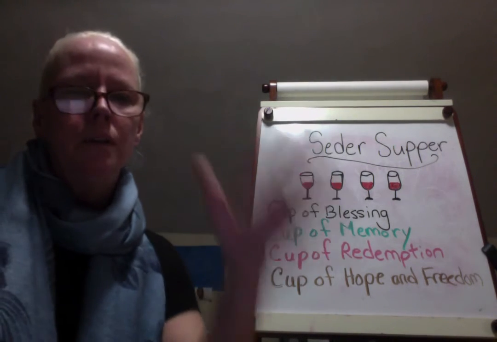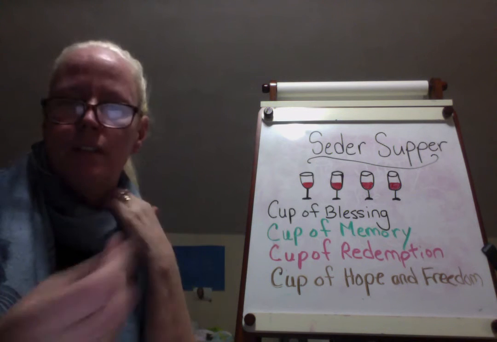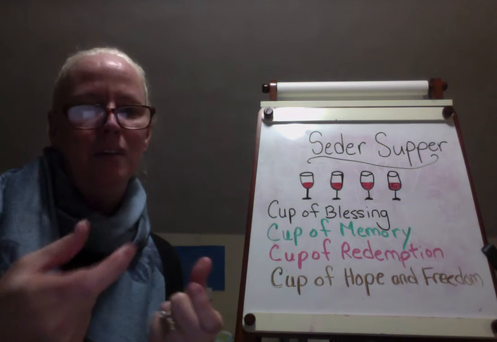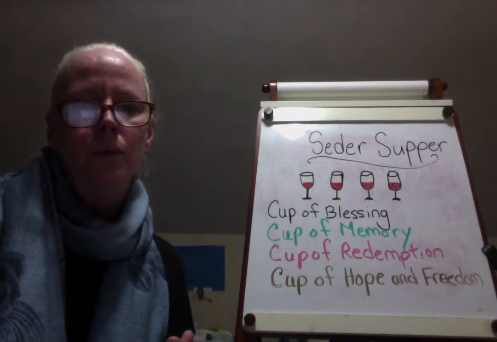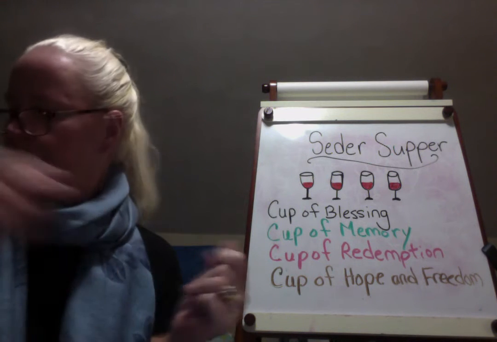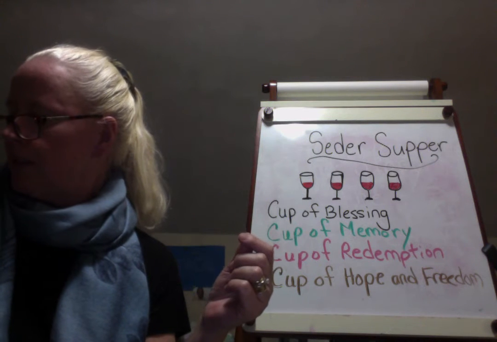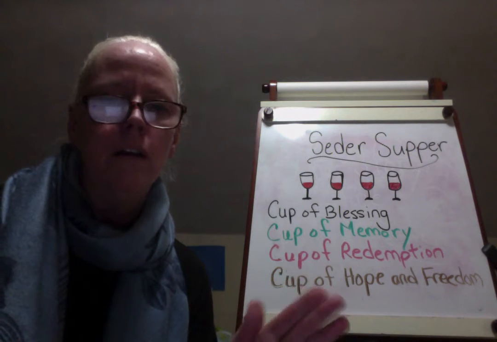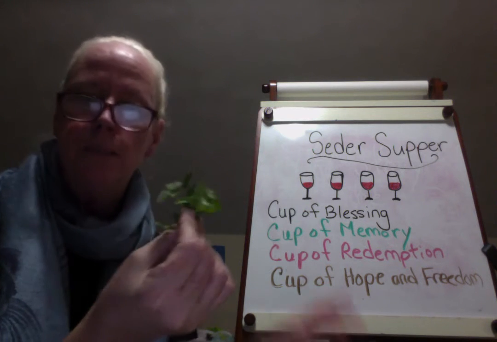So Seder means order, right? This meal has order from the beginning until the end. And you'll notice in your takeout, there's little pieces of food, a plate that has all the different foods on there. And we'll go through it a little bit now and what each food means. So I have the real thing here. The first thing I'm going to talk about is what's called, I think it's called the karpas,